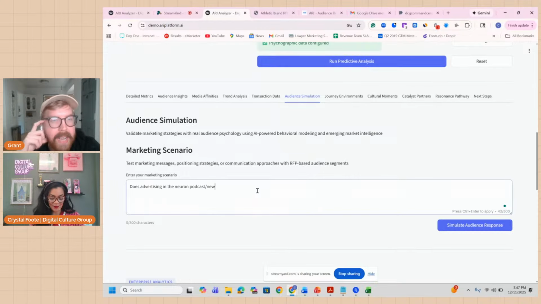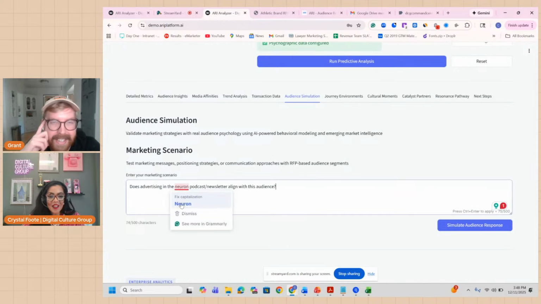Does it have a web search component? Is it going to be able to look that up and know what I'm talking about? We'll find out. Align with this audience. Now this is all AI, so of course it has that. But we'll see how much it can figure out. Yeah, The Neuron. Let's see.